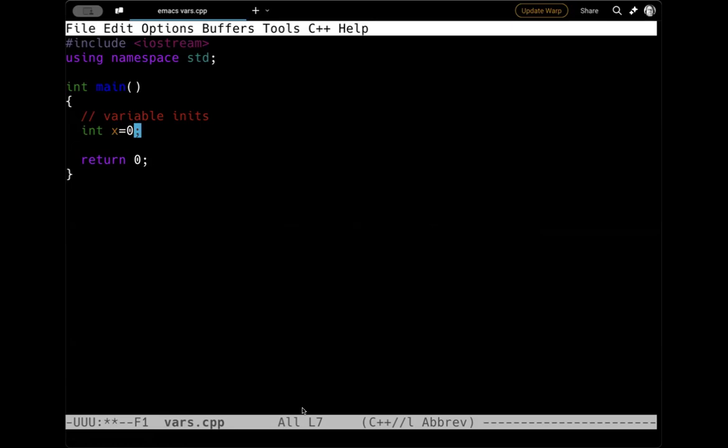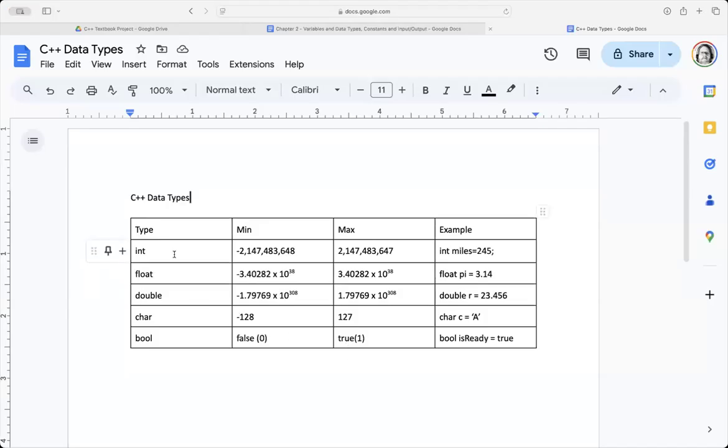Okay. So once we declare it, we can do something with it. If you want to look at your variable options and what those ranges are, I've got another little chart here we can look at. This is going to show the C++ data types that we have, the int that we just talked about. To let you know, these numbers are based on our computer. These are pretty commonly what they are, but every computer operating system and compiler will take different amounts of space for variables of various types.